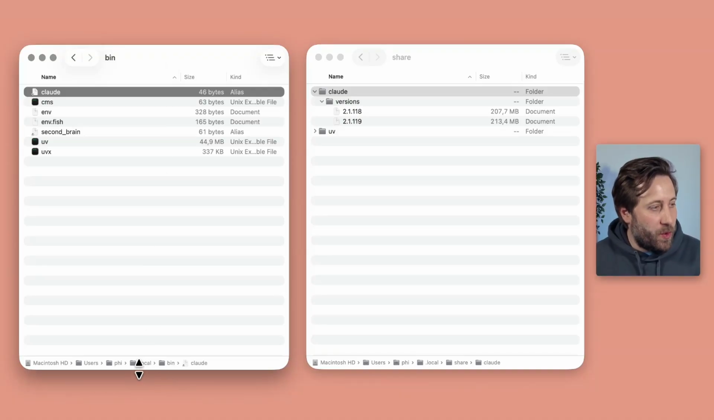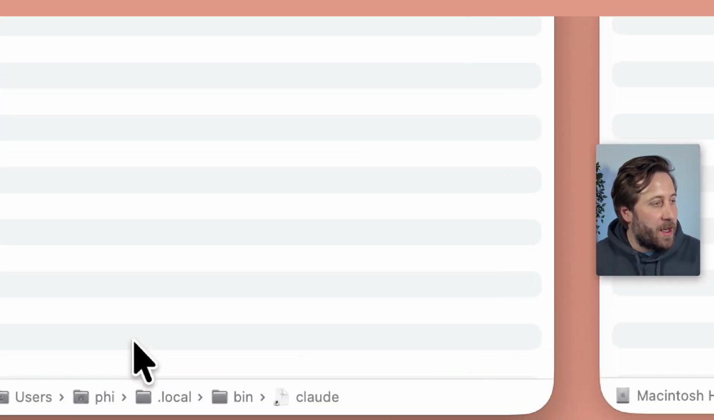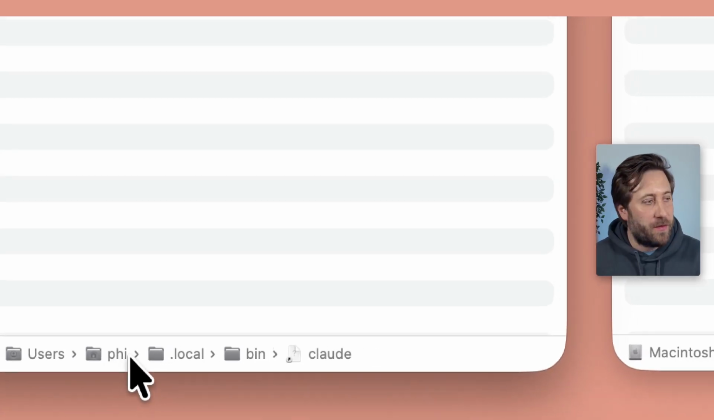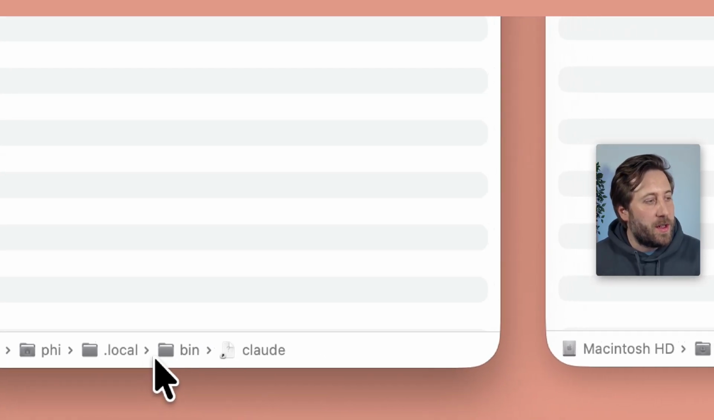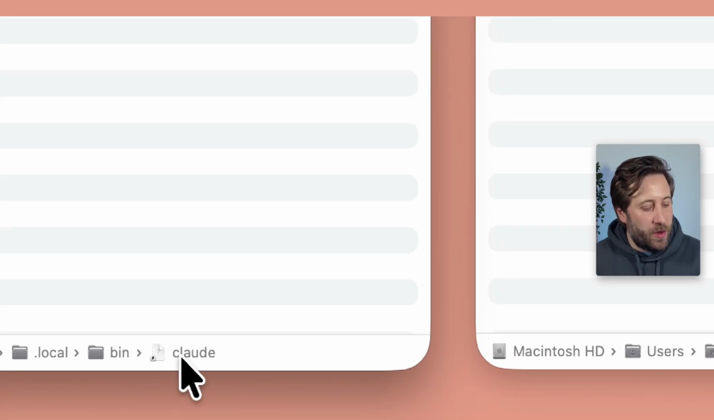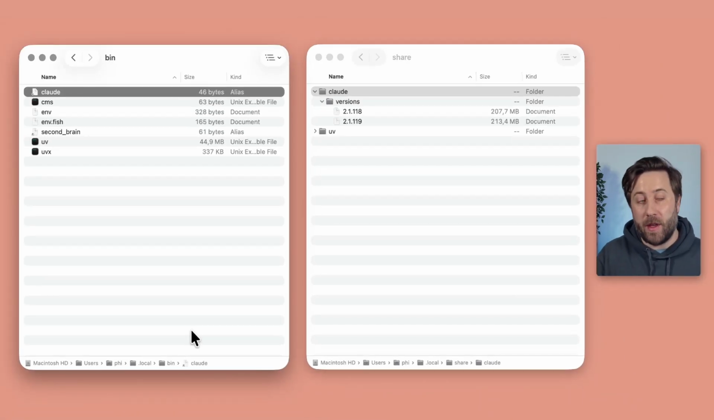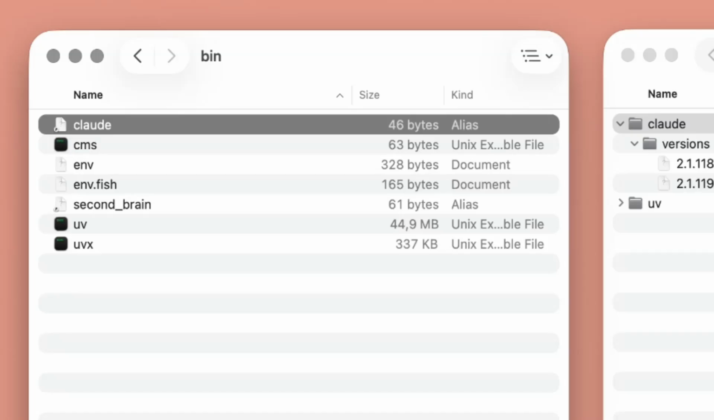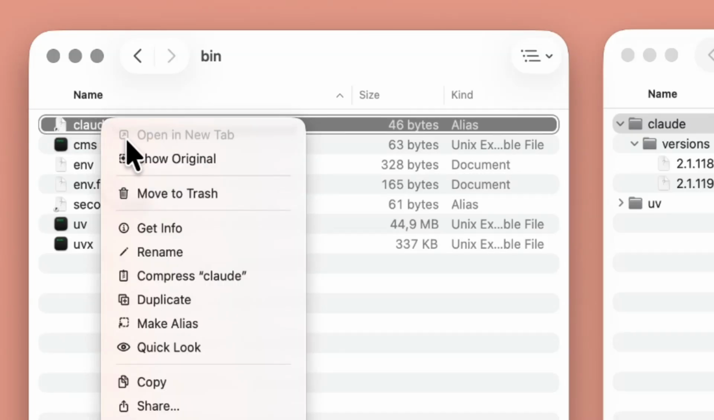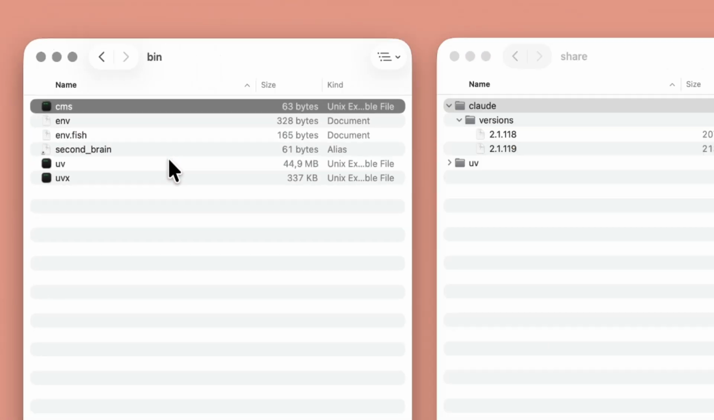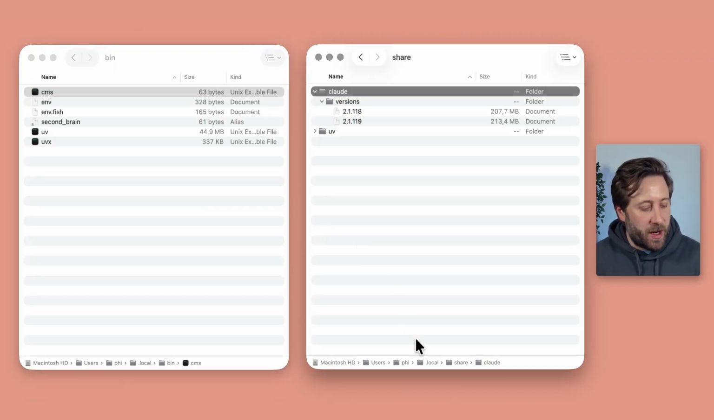Let's focus on the bin folder on the left for now. And to show you where exactly that bin folder is, you basically go to your user folder. So for me, that's phi. And then .local/bin, and there you will find a Claude binary or an alias to a binary. So for me, that's an alias. So you want to delete this alias, move to trash or Command backspace if you're on macOS,